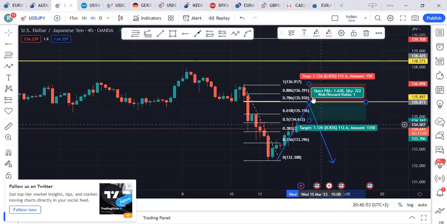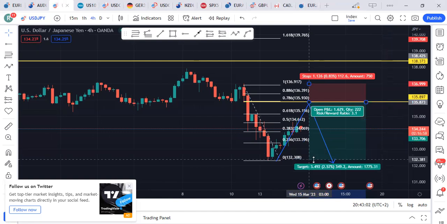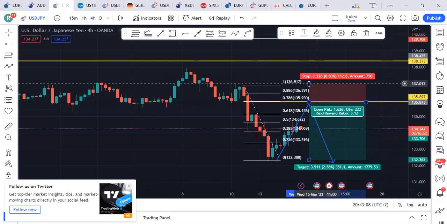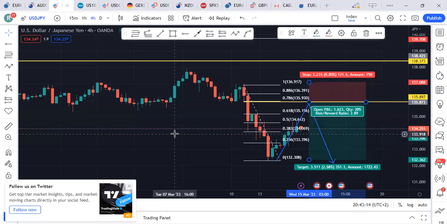Taking a sell around the 135,873 mark, and then taking our profit down there at 132.362 with a first stop loss of 1.7.088, which is around